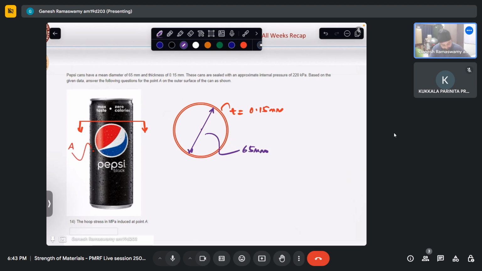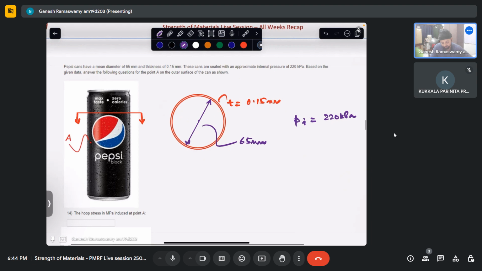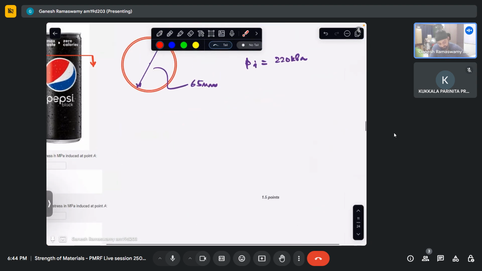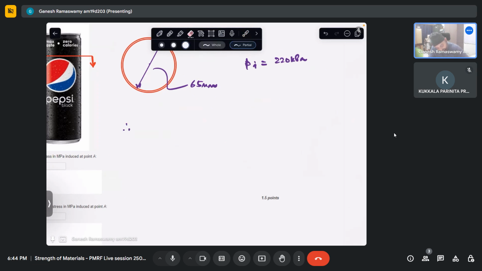These cans are sealed at an approximate internal pressure. So pressure internal is 220 kPa. Based on this, answer the following for a point A. So we have one point A on the surface of the can, on the outer surface of the can. So what is the Hoop stress induced at this point A? So we know that Hoop stress is PR by T,